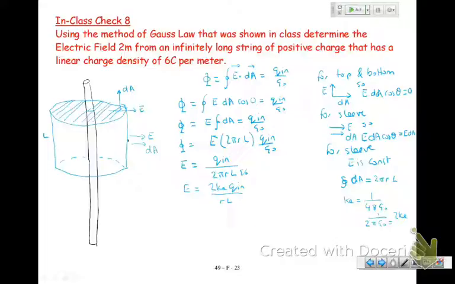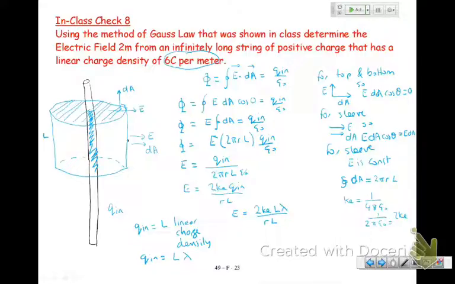So then I say, oh, well, my Q inside is equal to that amount of charge. And for this, I have to give you the amount of charge per meter somehow. So Q in is equal to L times the linear charge density, lambda. So E is equal to 2 KE L lambda times r over L. So E is equal to 2 KE lambda over r,